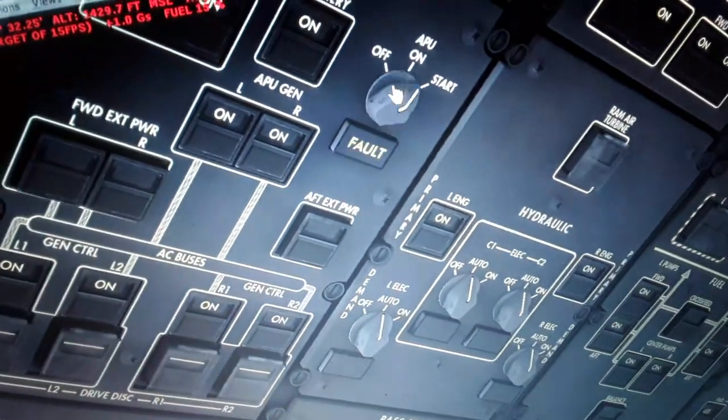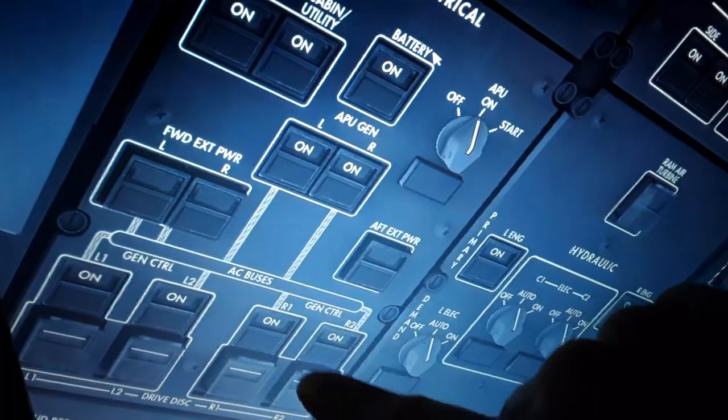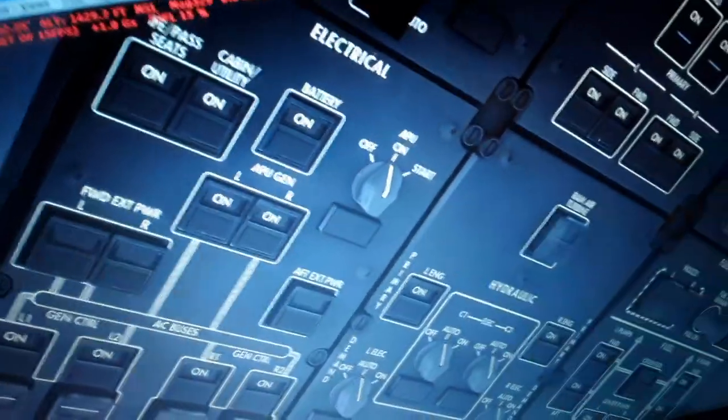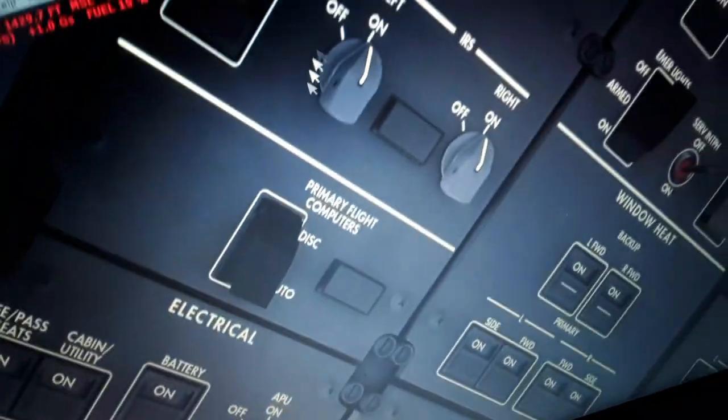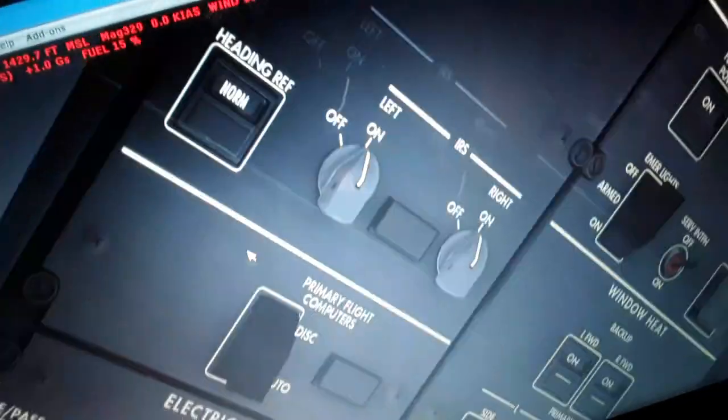So we're going over here in the overhead panel. We're gonna set up the APU on. The battery left and right, IDG 120, 400, 120, 200 volts, 400 Hz frequency. Engine driving, contactors also. IDG, heading reference, primary flight control computers, flight control surfaces, battery, downwind power over here, FD